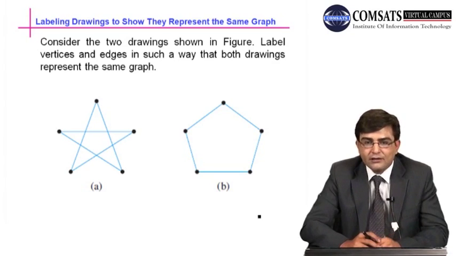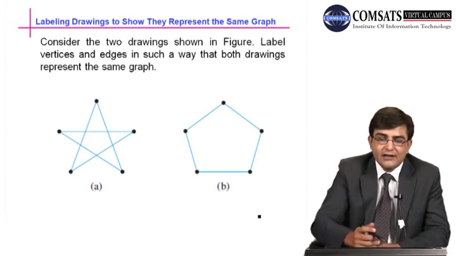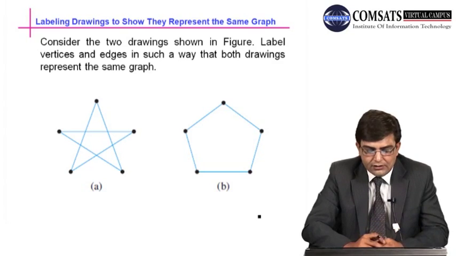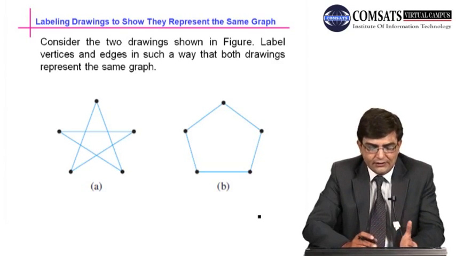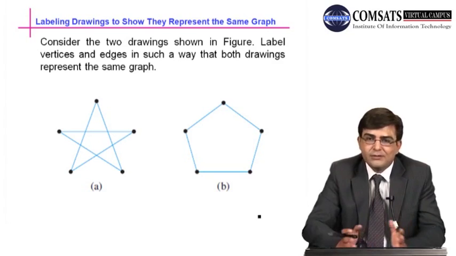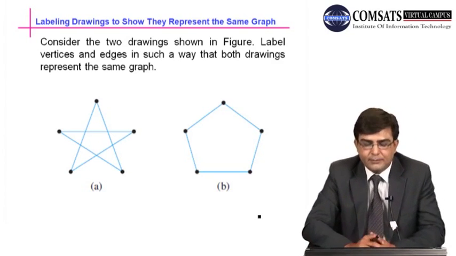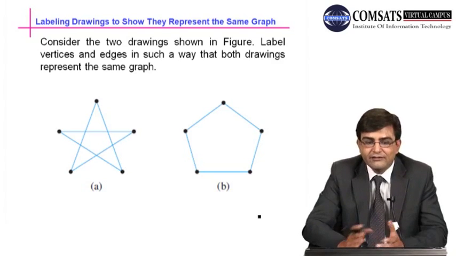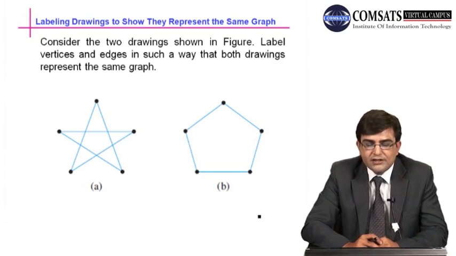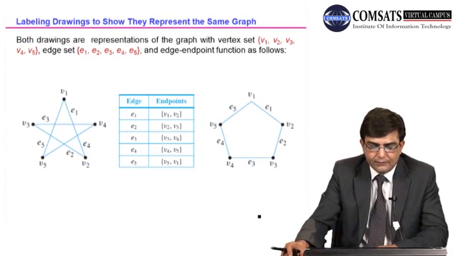Now consider the two drawings here. This is the first diagram, whose shape is just like a star, and the other shape is here, which is a pentagon having 5 vertices. Now we shall try to label these two diagrams in such a way that they represent the same graph. For example, here